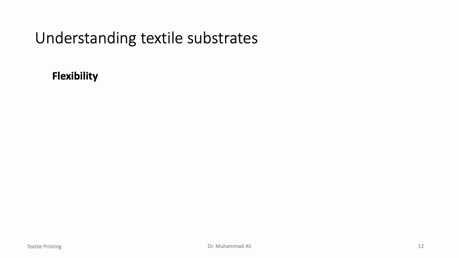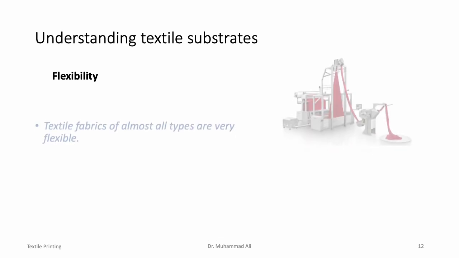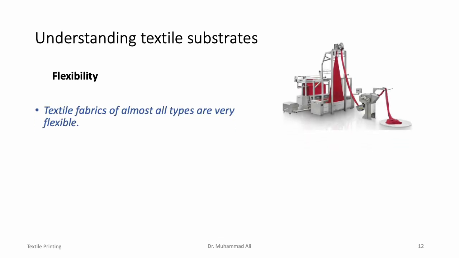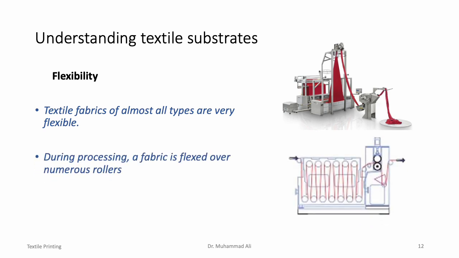Then comes the flexibility of textile substrates. As we discussed in the previous lecture, textile fabrics of almost all types are actually very flexible in comparison to other substrates. And that allows us to process textile fabrics in the form of rope or in open width form. And because of this, we can actually pass a textile fabric over several rollers because it can easily flex